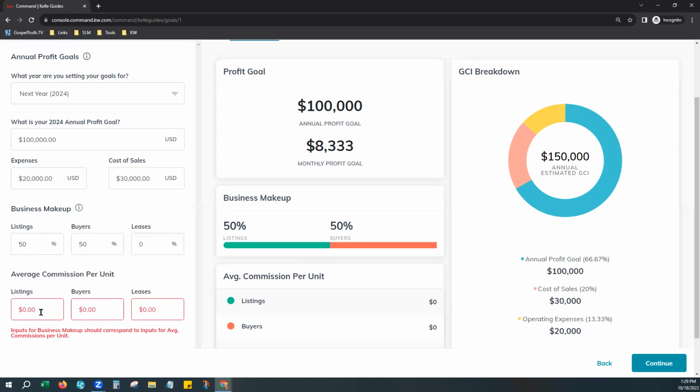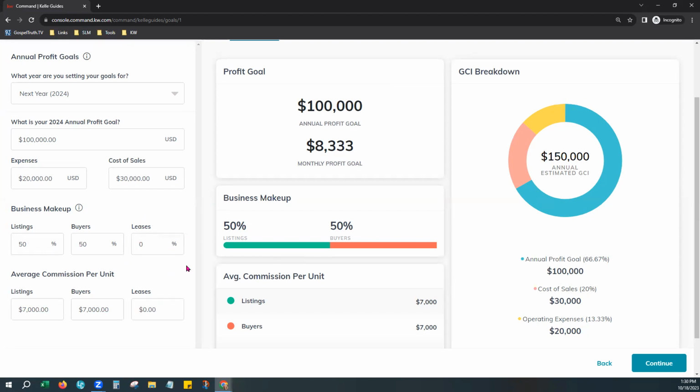And also for you personally, what you set your percentage as for a listing agent and things like that. So take that into consideration. For today's purposes, we're going to make this nice, easy peasy and give it a good average number. I'm going to put 0 for leases because, again, this is a business that we're demonstrating that doesn't do any